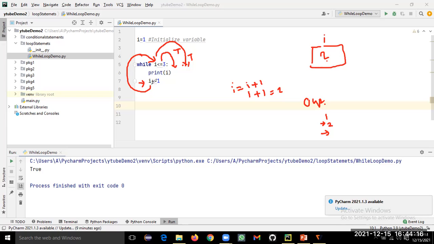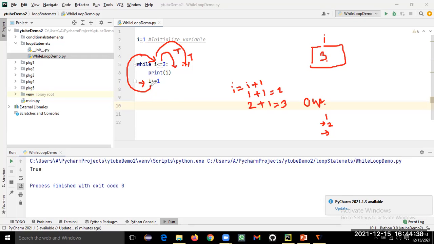Now after printing, program control will come here: I equal to I plus 1. The current value of I in the memory is 2 plus 1, so the new value will become 3. The older value will get erased and the new value will be sent to the memory.